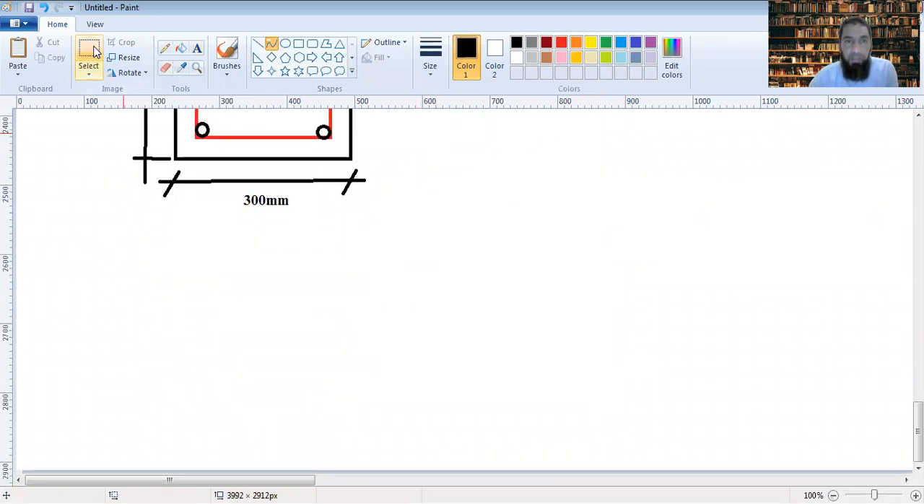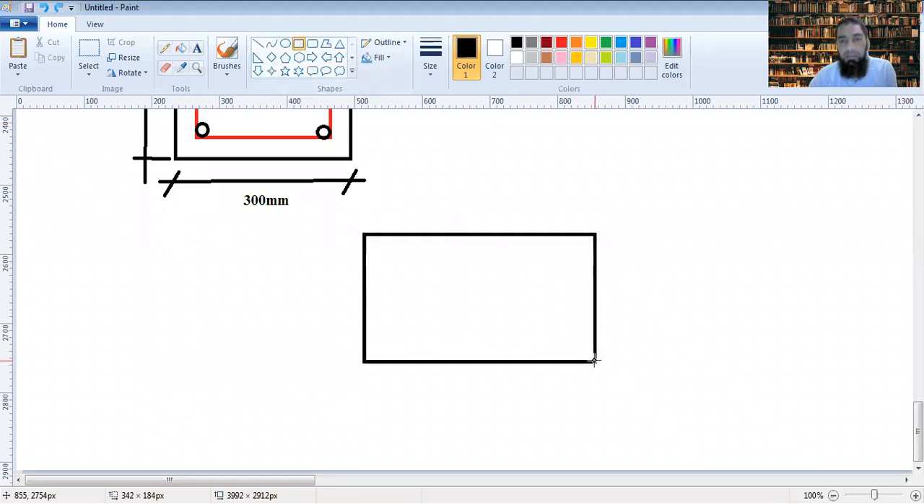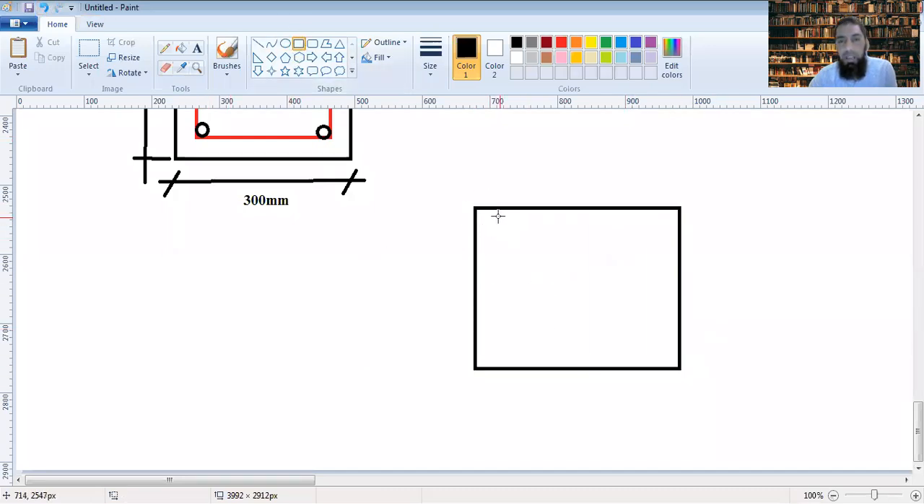Now, when you have a column whose one side is greater than the other side, and before going into this, let me first show if again the two sides are equal, and now you have at least 3 bars on each side, for example, then